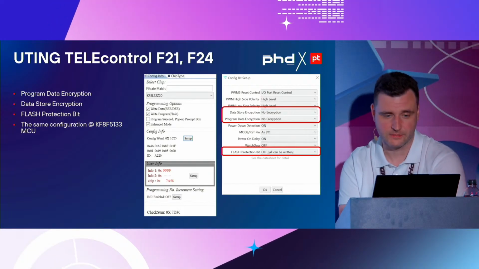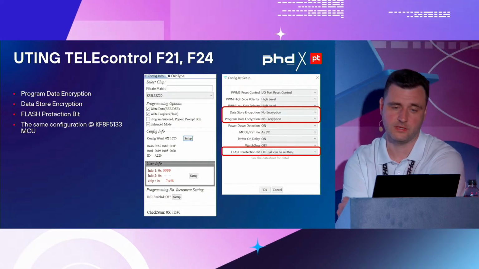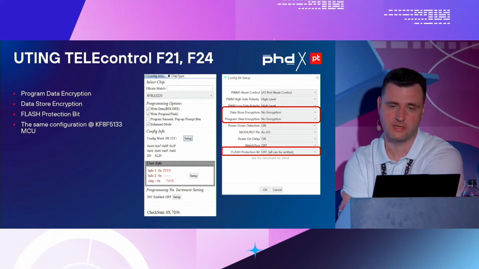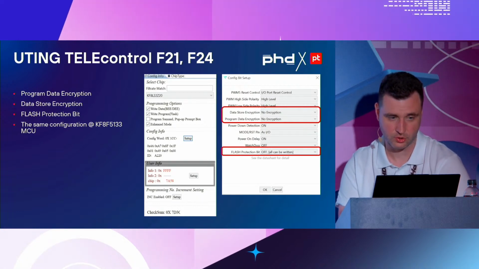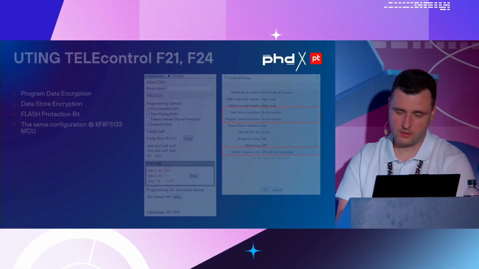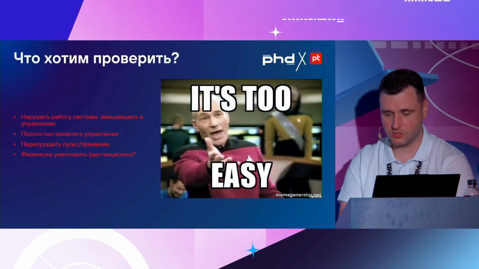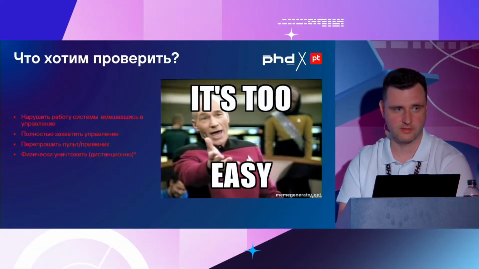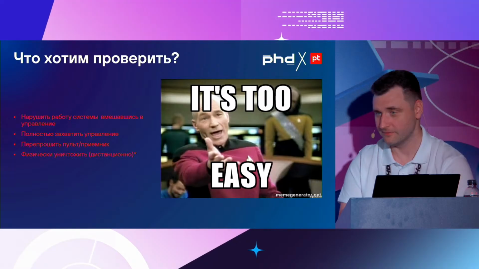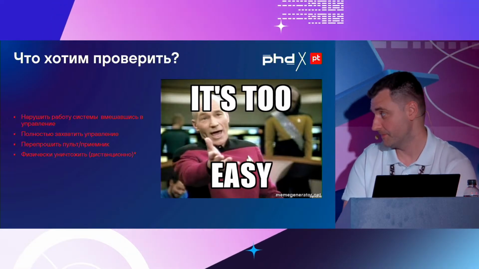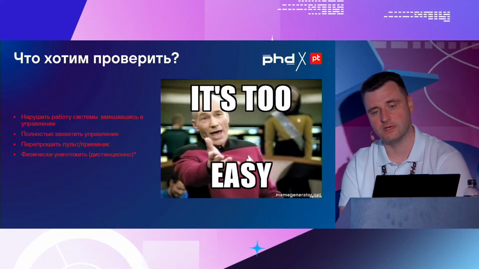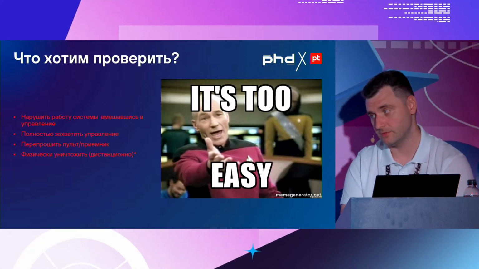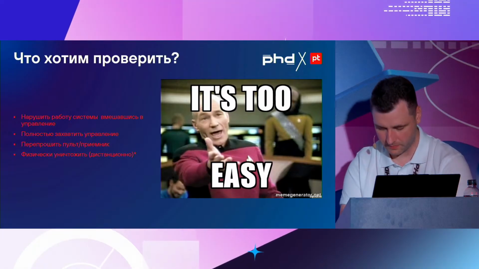So the firmware was read, and we got that firmware. Answering the question whether we can send anything specifically to that firmware so that it could be destroyed physically: honestly, we didn't come up with anything off the top of my head, and we didn't want to deep dive into that, so it is not an interesting thing. It's too easy. But besides, as I said, the receiver processes the signals much faster than the original